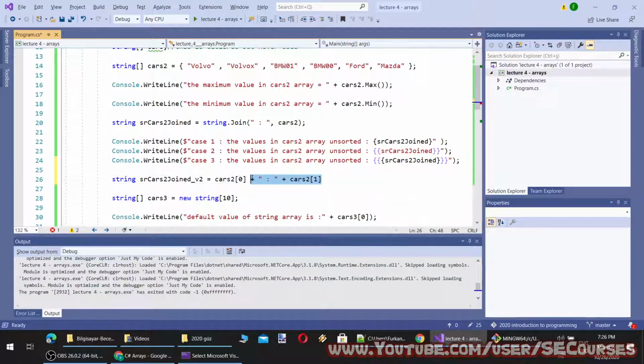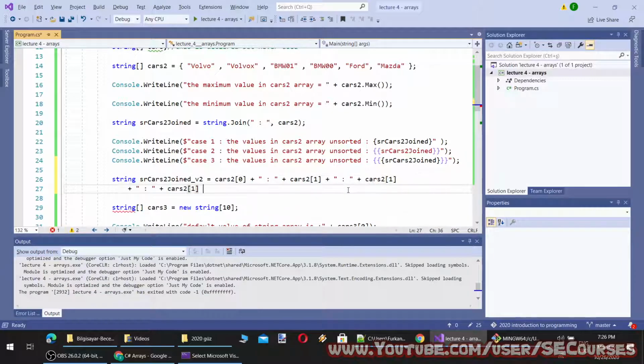Let's copy them. So the first element, the second element, third element, the fourth element, and the fifth element. How many elements or values does it have? 6. And the sixth one. So this line equals this line.